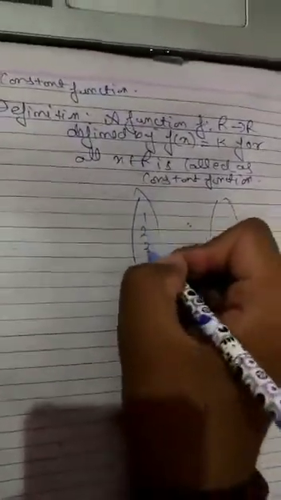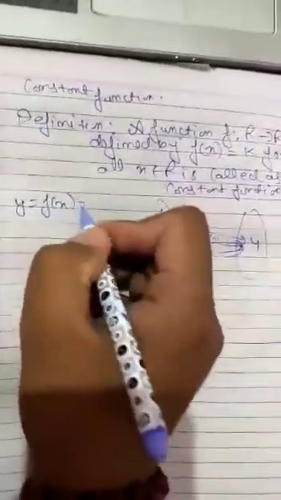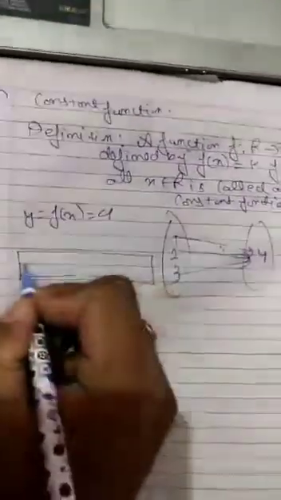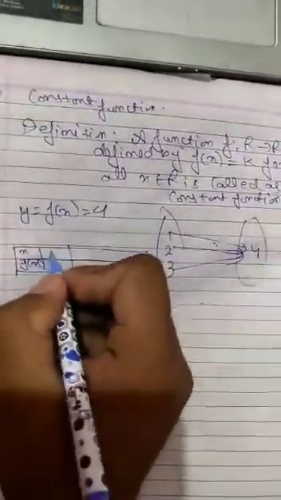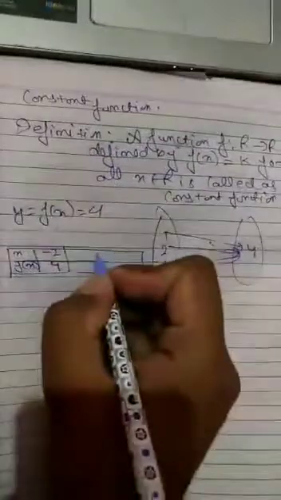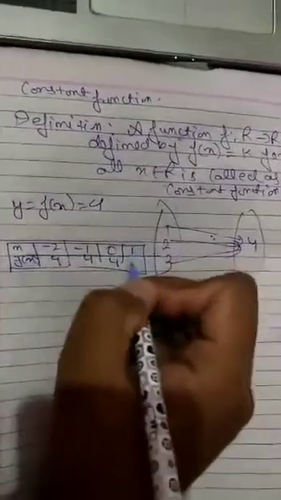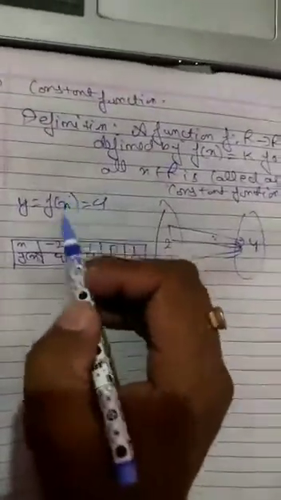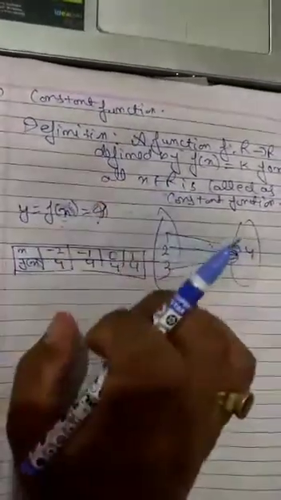Constant function. For example, you have 1 2 3 and here 4, so 1 is connected to 4, 2 is connected to 4 and 3 is also connected to 4. Means let's say y is equal to f(x) is equal to 4. If we want to make the table for graph, x and f(x), if we put x value -2, we get 4. If we put x value -1, then also we get 4. X value 0, then also we get 4. X value 1, then also we get 4. So we can change the x value but not the function's value, because 4 is defined as constant in this example.